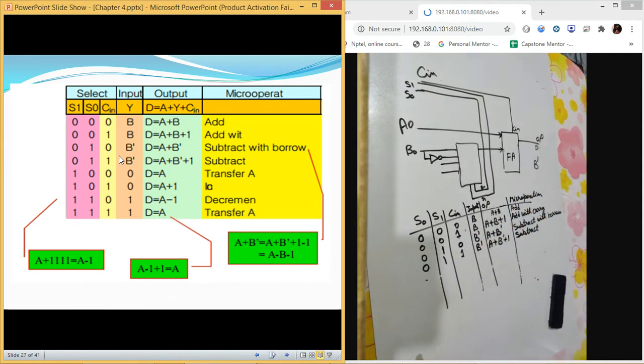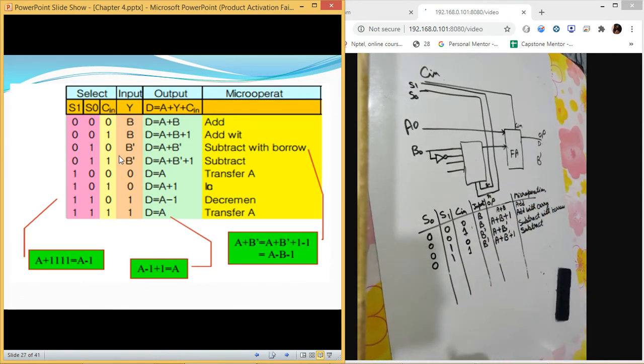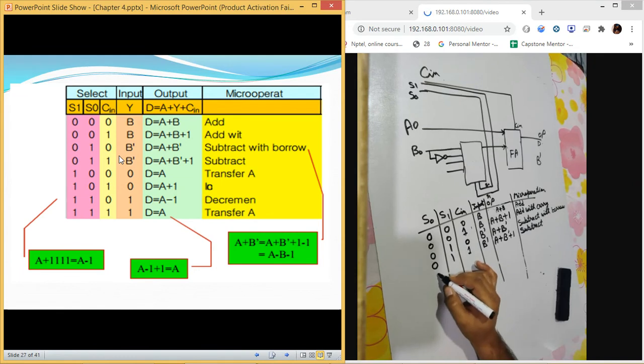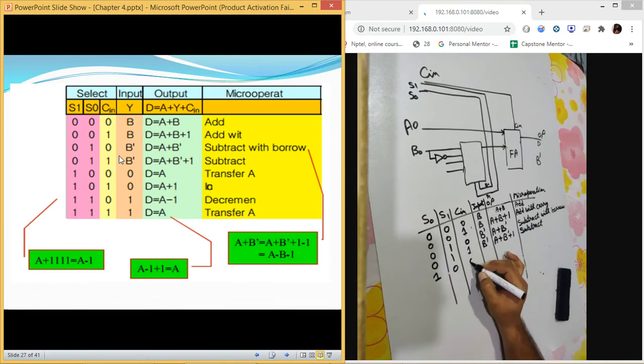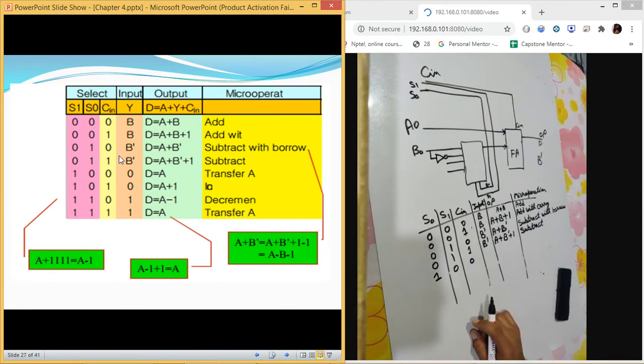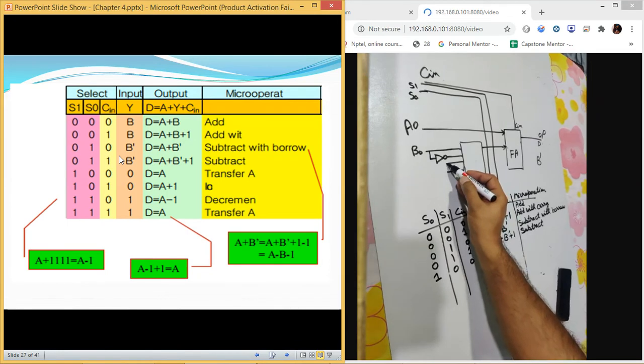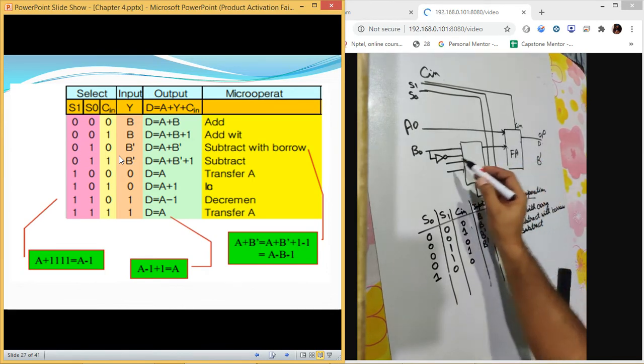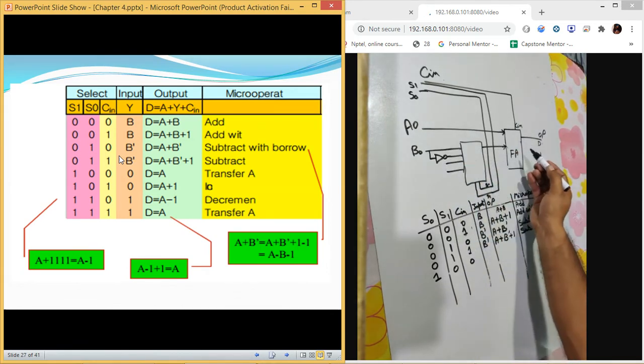Now after this, four operations are completed. Let us move to the next operation. The next operation is for 1 0. First of all, we are going to give the value 0. Now it is up to us whether we want to give a value 0 here or a value 1 here. If we give a value 0 here, the operations will be different. If we give a value 1 here, the operations will be different.